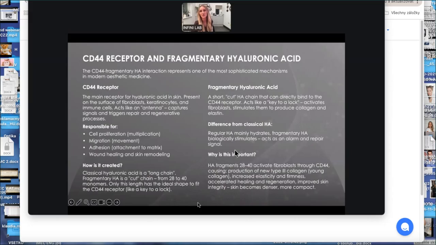And also I would like to mention the receptor CD44 on the fibroblast, because I think still